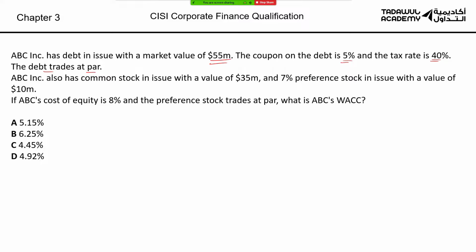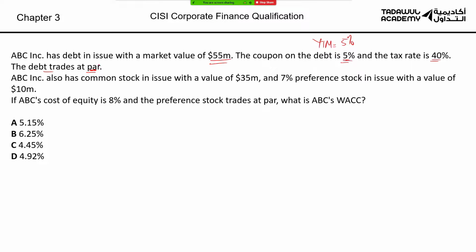Just to tell you quickly, when a bond trades at par, the coupon rate will be the same as the yield to maturity. We covered this in chapter 1: when your cost and your return are the same, then the present value of the bond will be the nominal. When the present value of the bond is the nominal, that means the coupon and the yield to maturity are going to be the same. So the coupon of the debt is 5%, which means the yield to maturity is also 5%. This is not always the case. Keep that in mind for the exam.